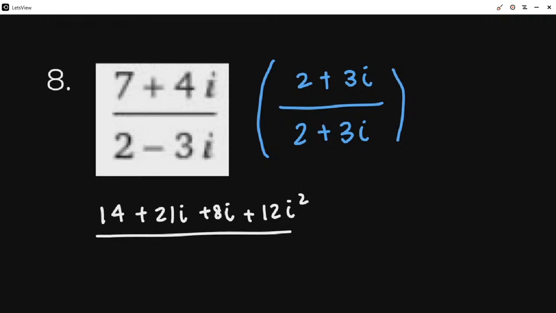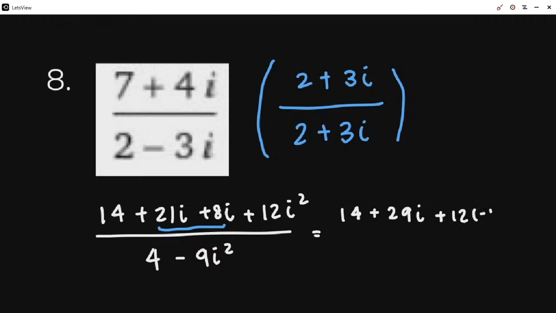Then for the denominator, we're going to square each one. So 2 squared is 4, minus 3i squared would be 9i squared. Okay, so I'm going to combine like terms and change the i squareds to negative 1. So that would be 14 plus 29i